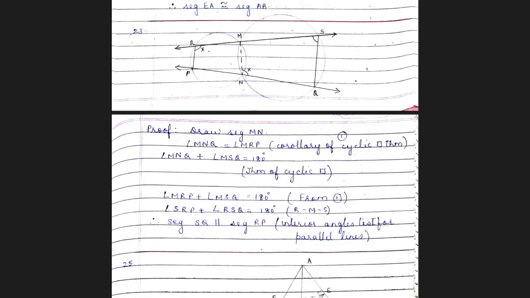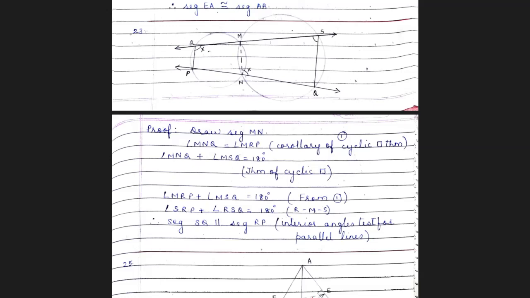Okay. Now here we are applying the corollary of cyclic quadrilateral theorem and proving this. So you have to be very clear what this corollary of cyclic quadrilateral theorem is and how it is to be proved. And that is why I had done it in the previous exercise and I've explained to you once again in this particular question. And I hope by now, children, it is clear.